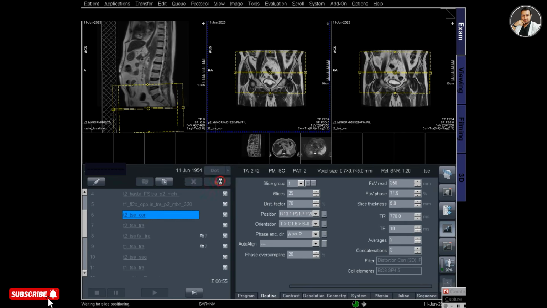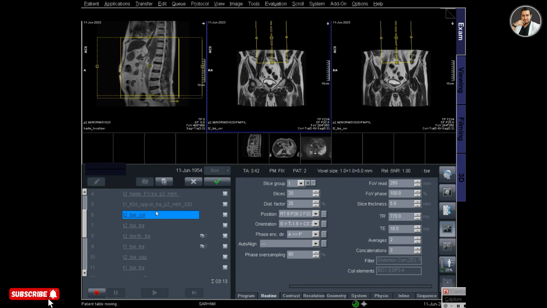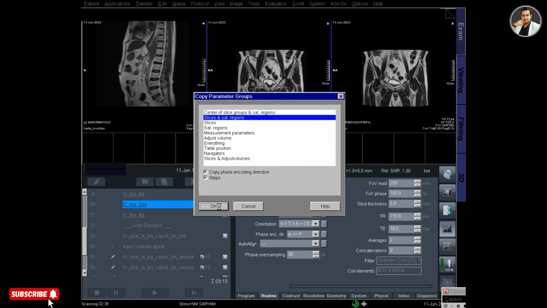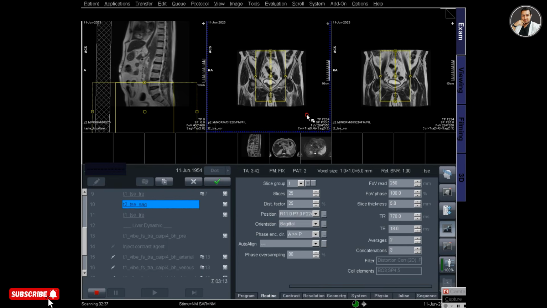For this I have just copied the planning from the previous pre-contrast T2 transverse, T1 transverse or any transverse protocol. For the sagittal protocol I again copied the planning from the T2 sagittal lower abdomen and applied it.